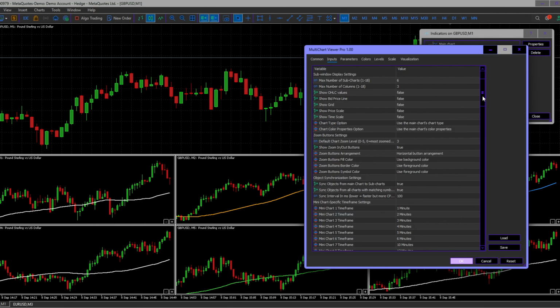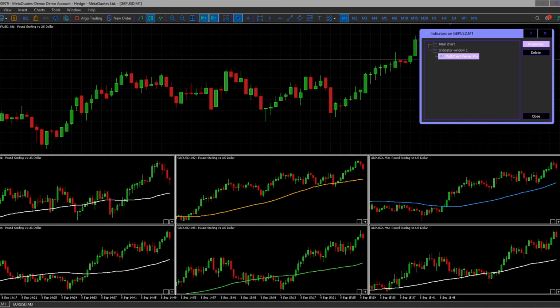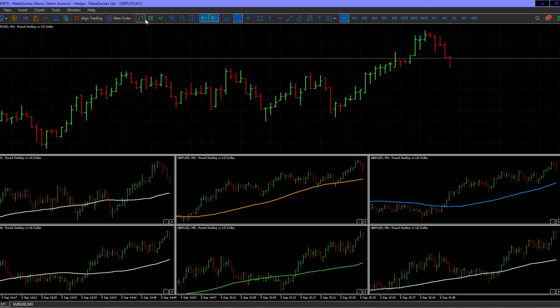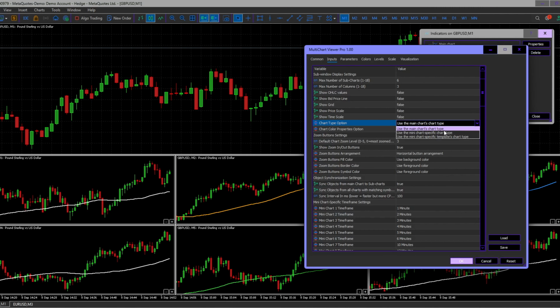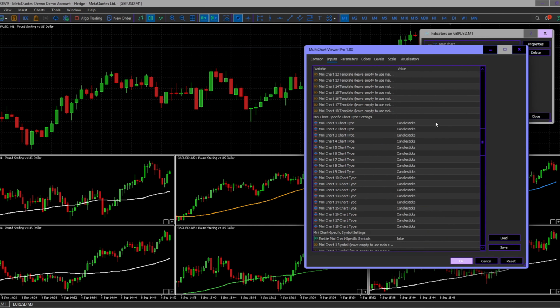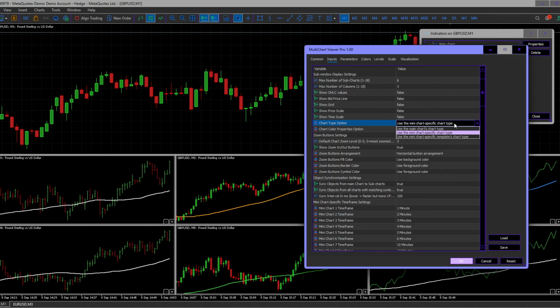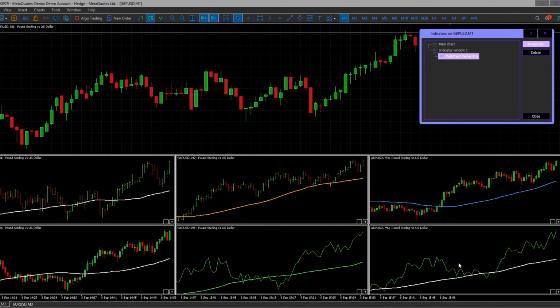First is the chart type settings. The chart type setting controls how each mini chart's display style is chosen. You have three options. First is use the main chart's chart type, which applies the main chart style, candlestick, bar, or line to all mini charts. Second is use the mini chart specific chart type, where you can set each mini chart individually to candlestick, bar, or line. Third is use the mini chart specific template's chart type, which automatically applies the chart type saved in that chart's